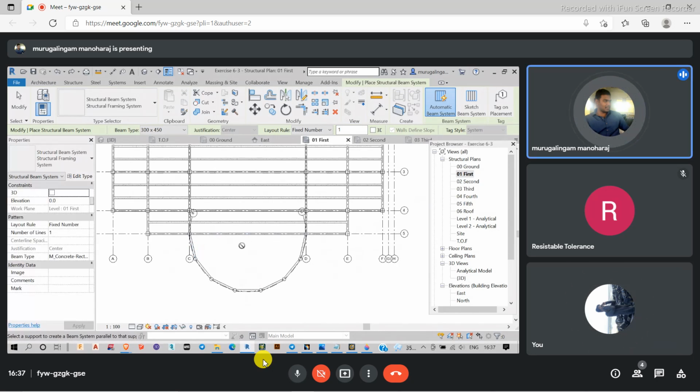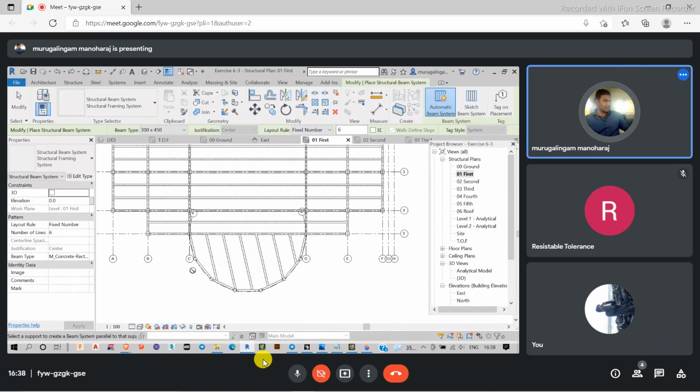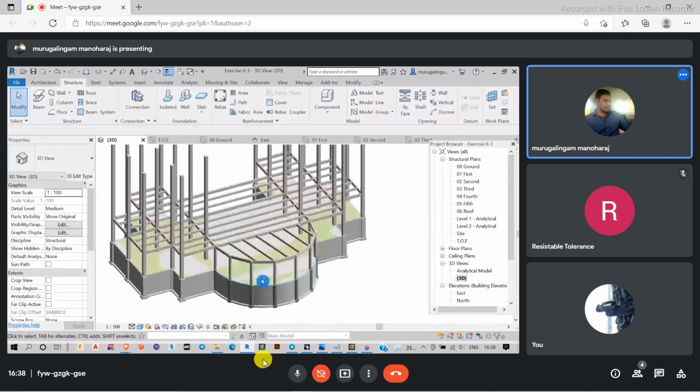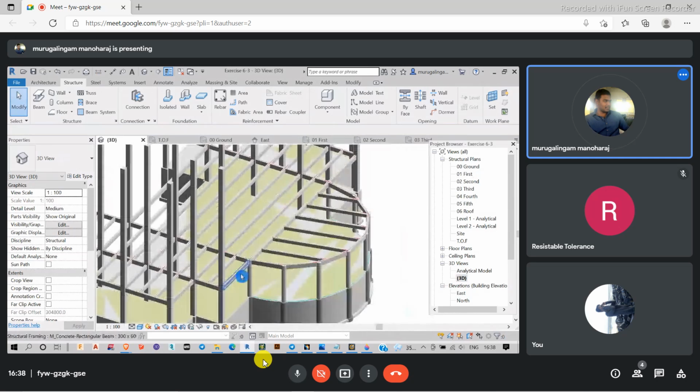And in this direction also I need to provide something, so I'm just going to give something as 5 or 16 here, because some slab will be coming here and I need some kind of supports for that.